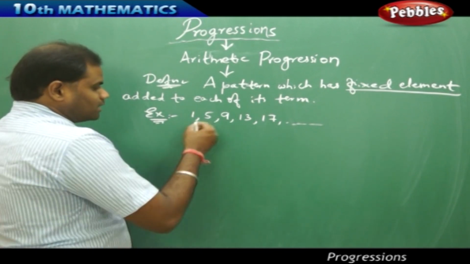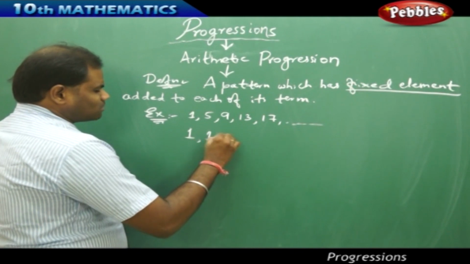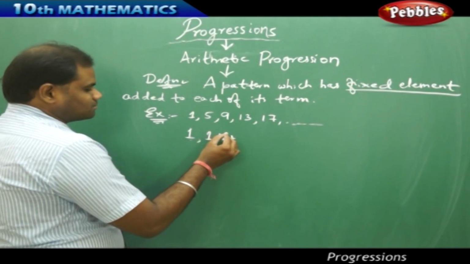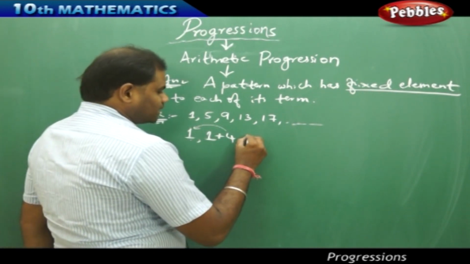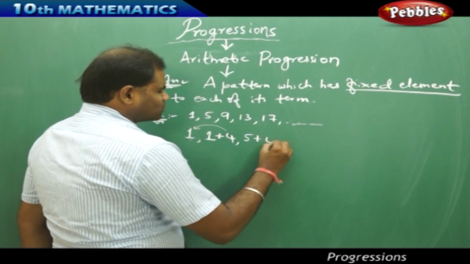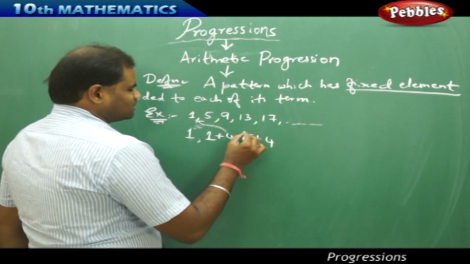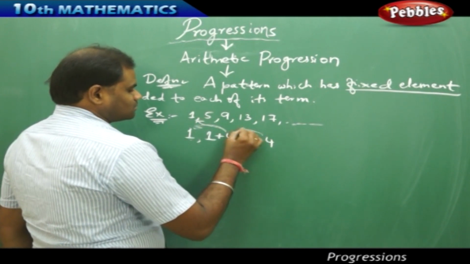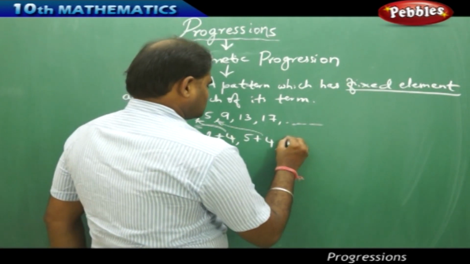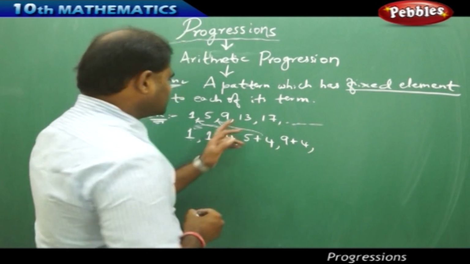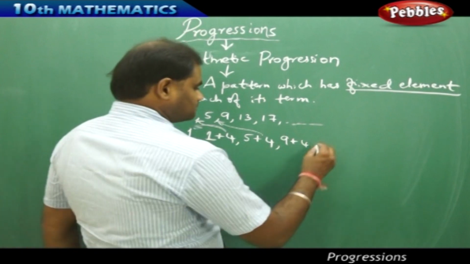Now as I see here, let me rearrange so that my first term is 1, but my second term is obtained by adding 4 to the previous term. Next, my 9 is obtained by adding 4 to the previous term, which is this. So this is added here, and this is added to this, and next 9 plus 4 will give me 13, and 13 plus 4 will give me 17, and 17 plus 4 will give me